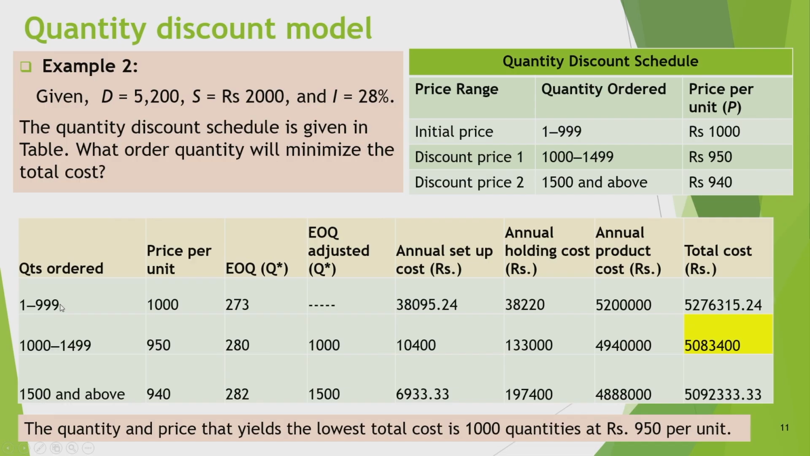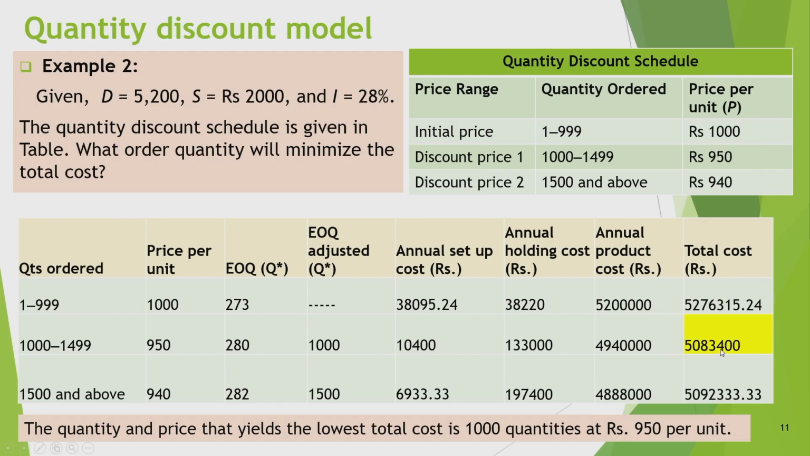If I order a quantity between 1 to 999, by formula I get EOQ equal to 273, and it is in the range. Total price and total cost come out like this. Then for 1000 to 499, I get EOQ as 280, but if I order 280 I will not get the discount, so I order the minimum possible value, that means 1000, because the price break starts from 1000, and then I will be getting it at the price of